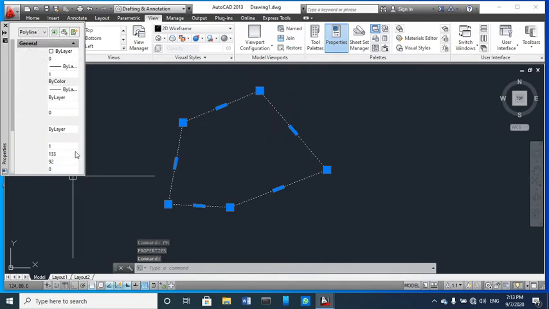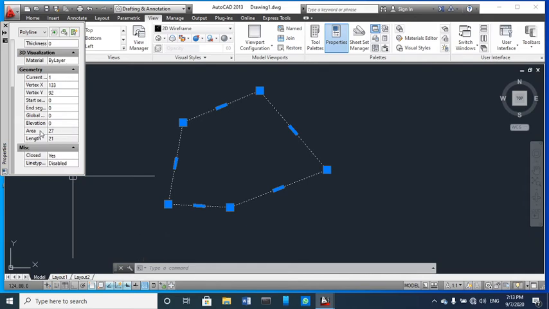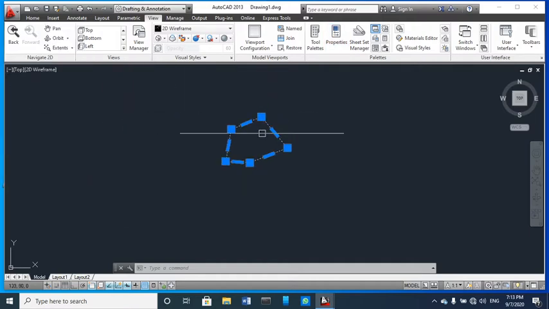Here you can see the area, this is 27 mm square and length is 21 mm. So this is how we can calculate area and boundary also.